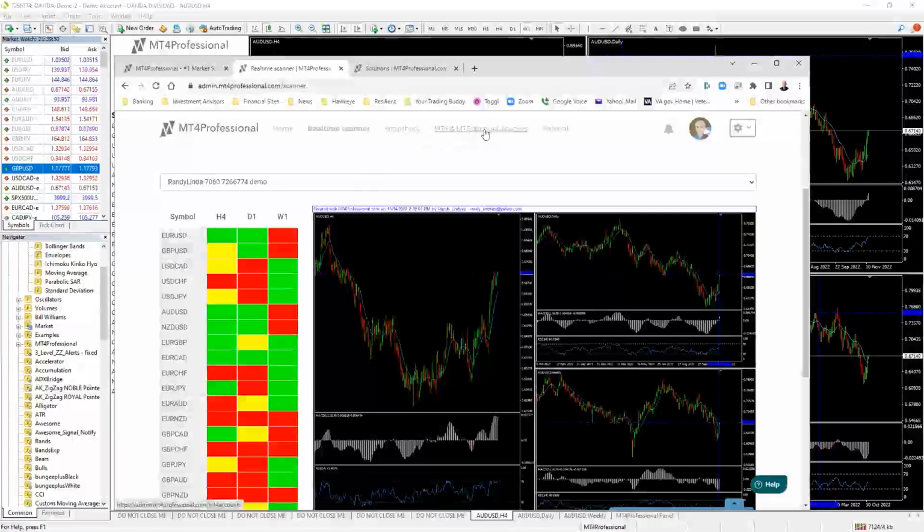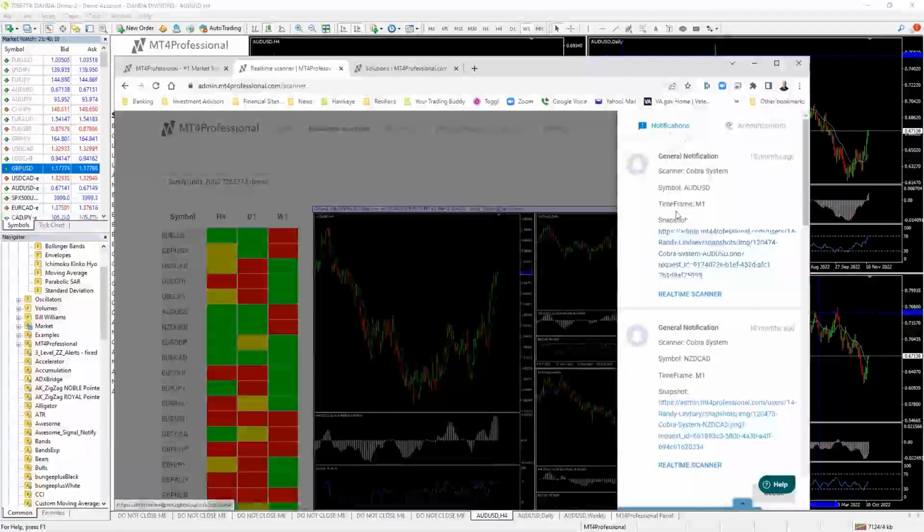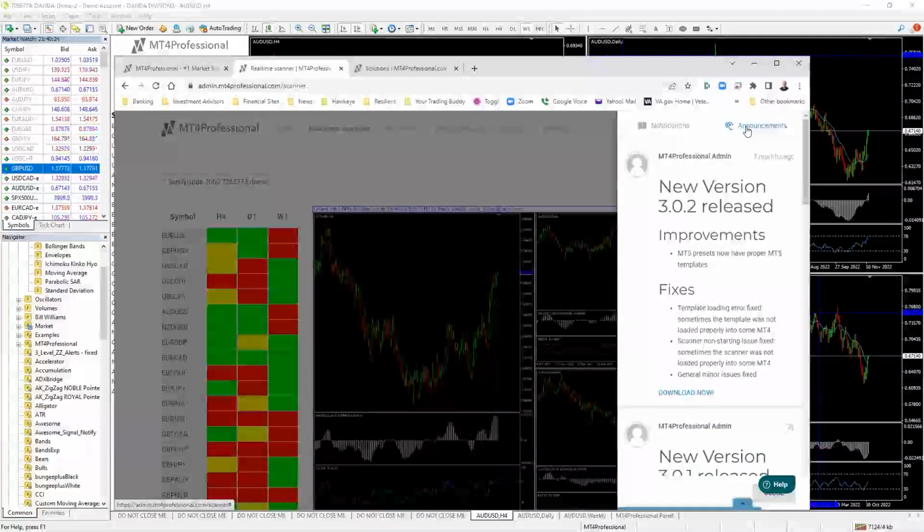You can also manage any of your licenses if you have more than one. And there is a gearbox in the upper right corner that allows you to see the local setups. You can set your credit card information and all the other information from that point, go into the documentation, or go into the alert center that allows you to see any of the current notifications, like the system that you have running and the alert that you are giving, a link to see the setup itself, or you can see any announcements that we've made, or shown how we've updated or released new versions of the software for you to use.